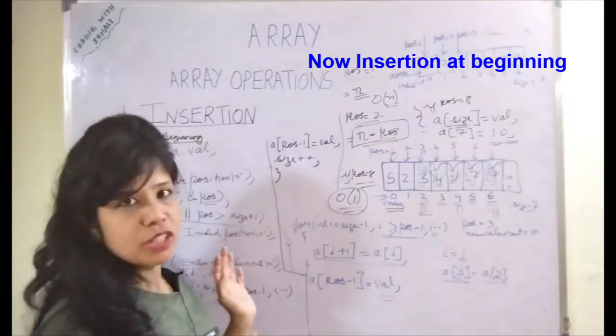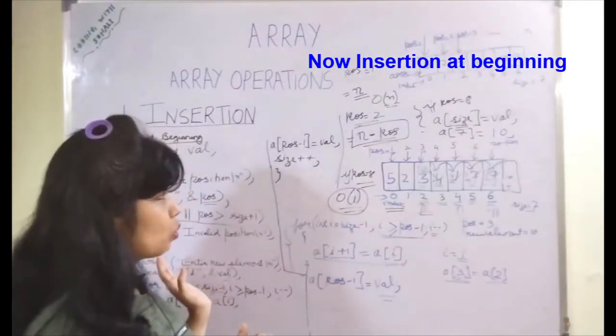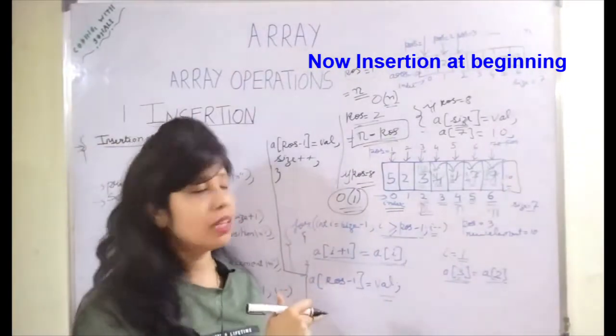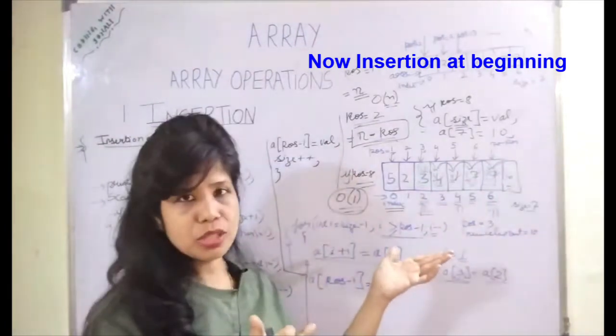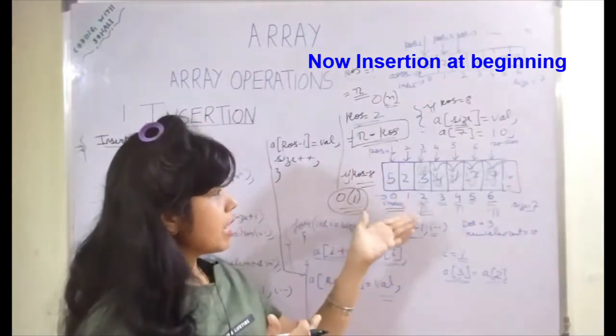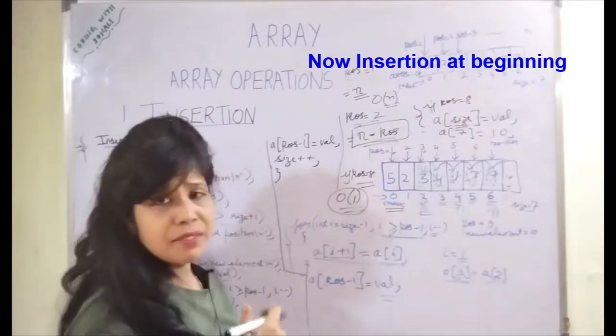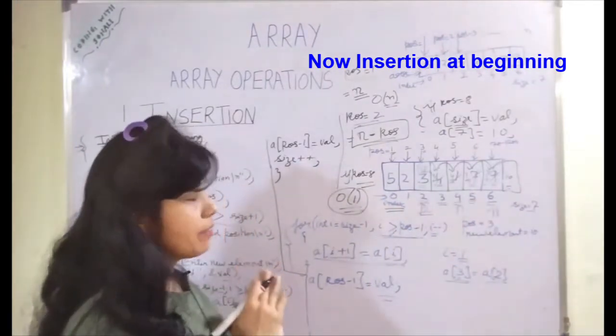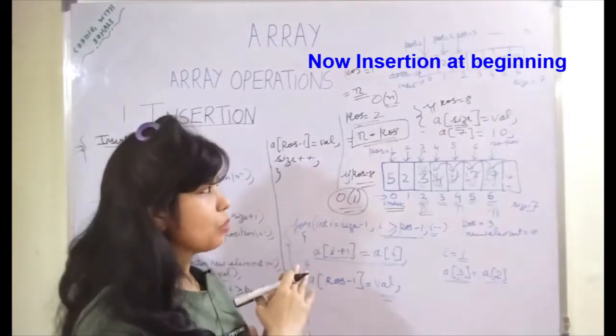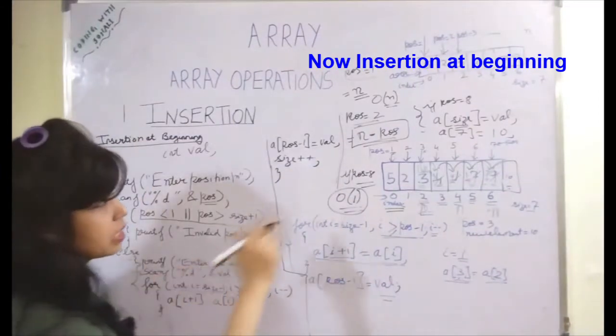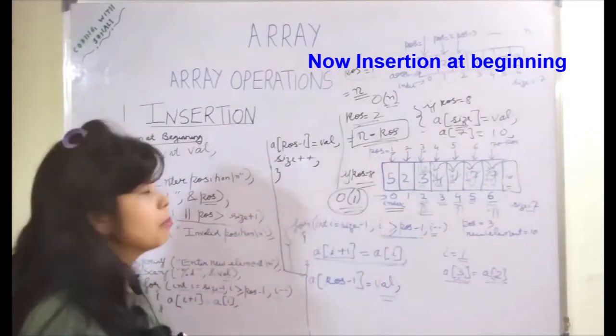So what modification should we do to the previous code which we have seen? We have seen the code wherein earlier we were asking the user to enter the position, and depending upon that position we were doing the shift onto the right side, then we inserted the element. So what modification will be done to that piece of code? This is the same code which we have seen to insert a new element at different positions,